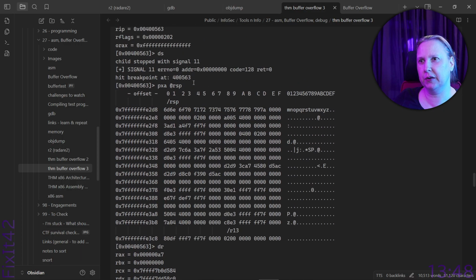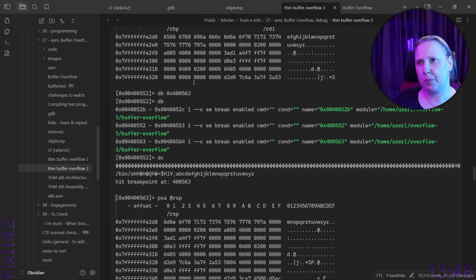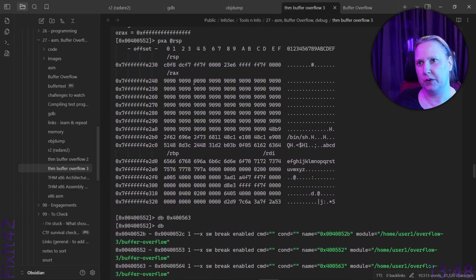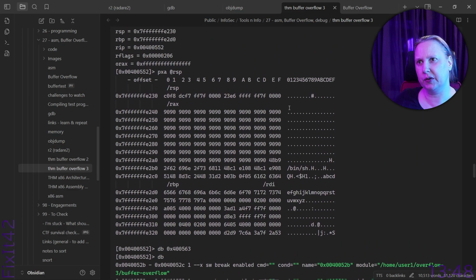Yeah, so here we can see at RAX here, position, we have this. And it's all the way over here. We're overriding more things.